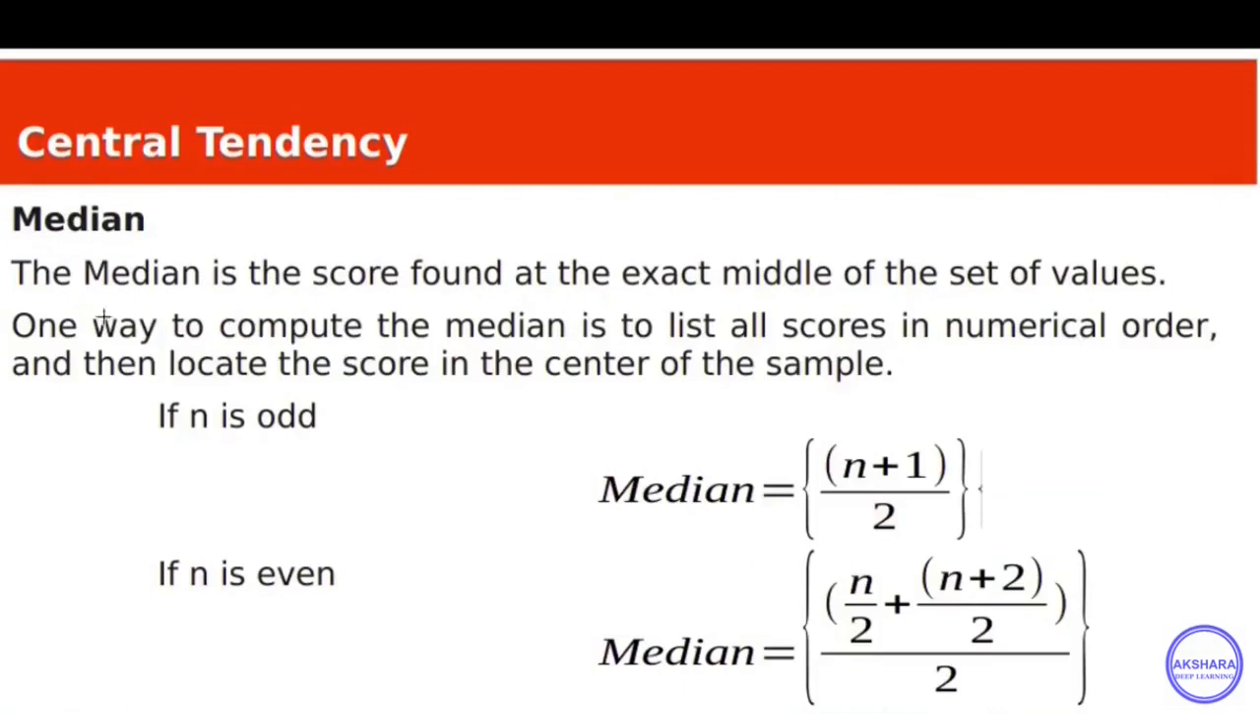Second one, median. The median is the score found at the exact middle of the set of values. To find the median, first we need to sort the numbers in ascending or descending order. If the number of observations in the data is odd, then the median will be the (n plus 1) by 2 value. If n is even, the median will be at the average of the (n plus 1) by 2 value and